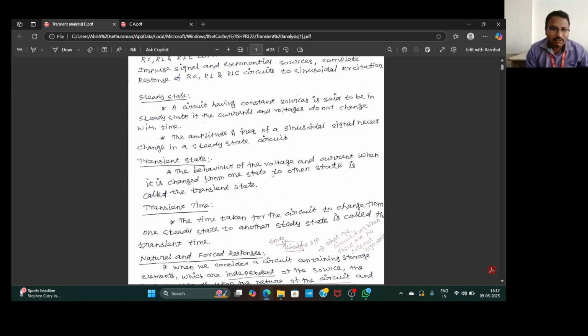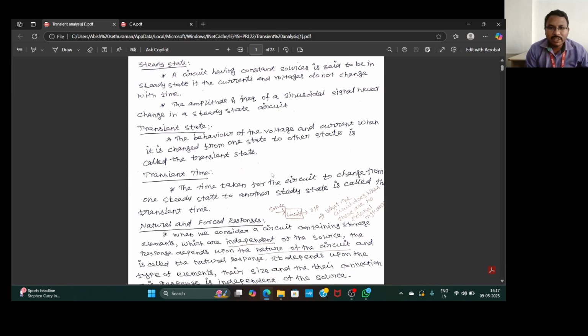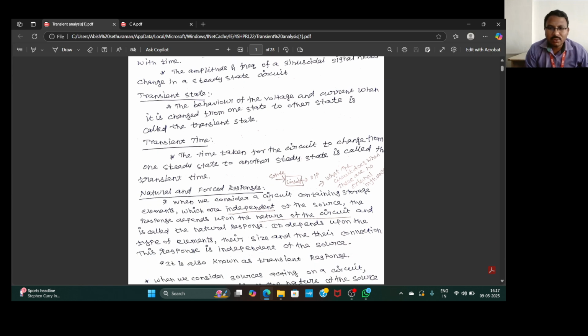The behavior of the voltage and current when it changes from one state to another state is called a transient state. In this transient state there is some time, that is the transient time: the time taken for the circuit to change from one steady state to another steady state is called transient time. So these are the basic